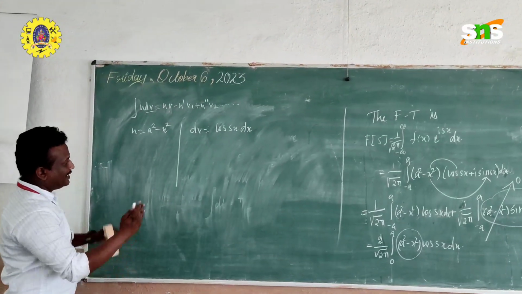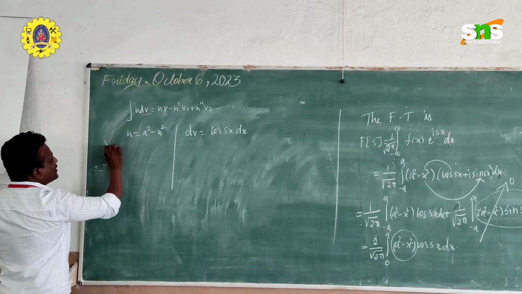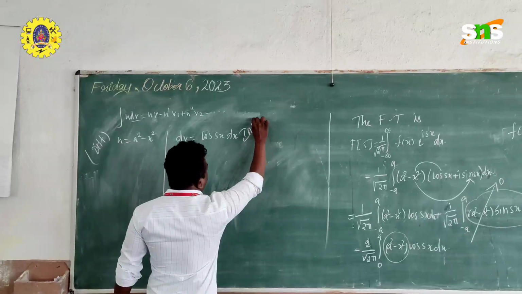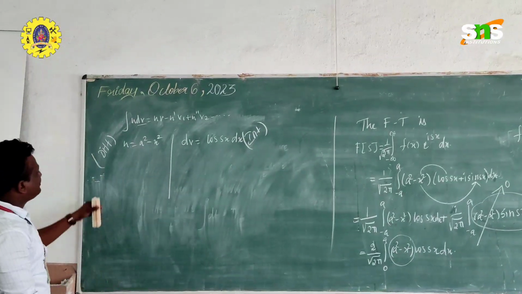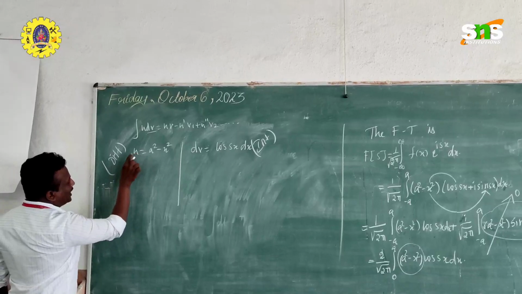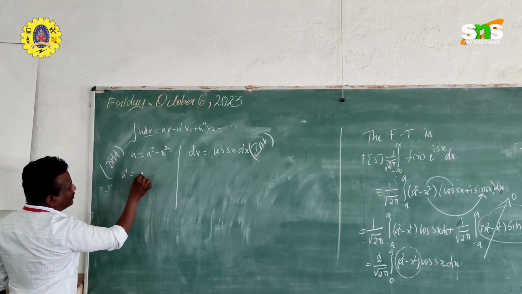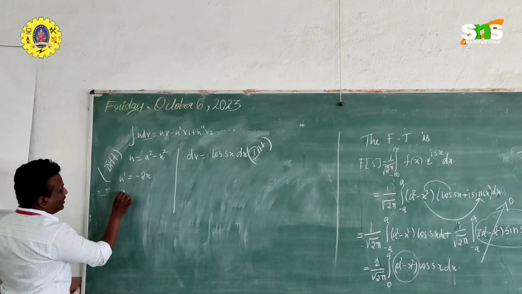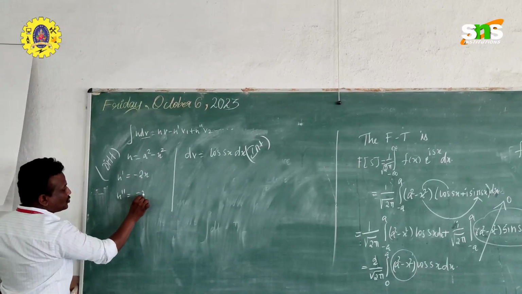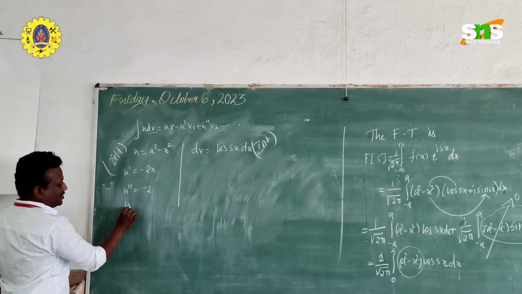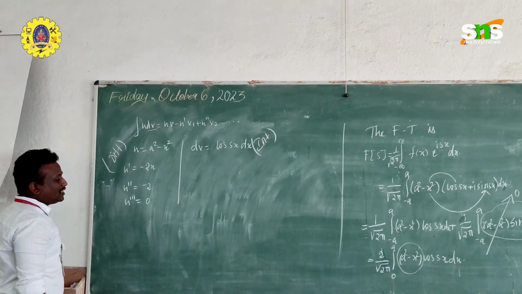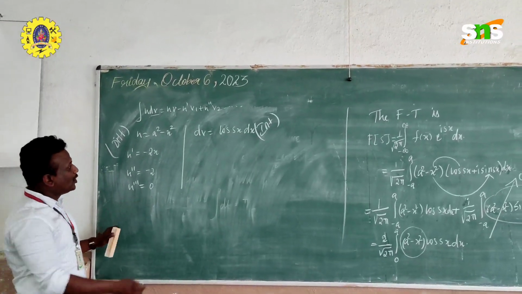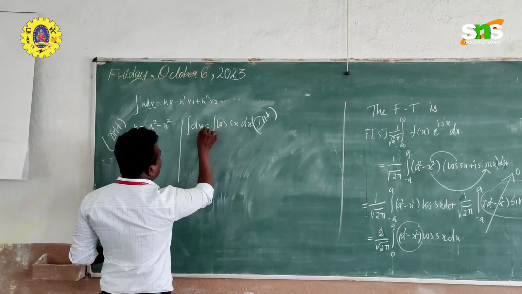I divide with a line like this. One side I am going to differentiate. Another side I am going to integrate. Right? So when we differentiate, what happens the first time? U dash, the constant becomes 0. Minus 2x is our answer. Then differentiate one more time. U double dash is minus 2. Differentiate one more time. U triple dash is 0. Till you get 0, you have to continue this process. Okay. Now let us come to this side.